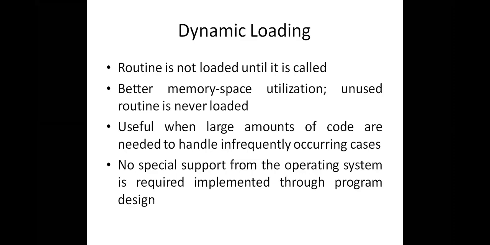The entire user memory in main memory is 1000 KB, for example. Each and every process requires 200 KB. How many processes can you keep? 5 processes. If we keep the entire process in the main memory, 200 into 5 means 1000, so you can keep 5 processes in the main memory. For example, if you want to keep 10 processes in the main memory, what do you do? You will give only 100 KB to each individual process, so that 100 into 10 is 1000, and you can keep 10 processes in the main memory.